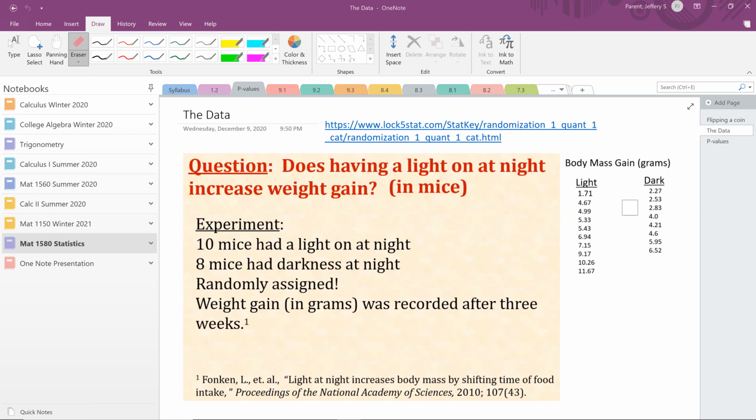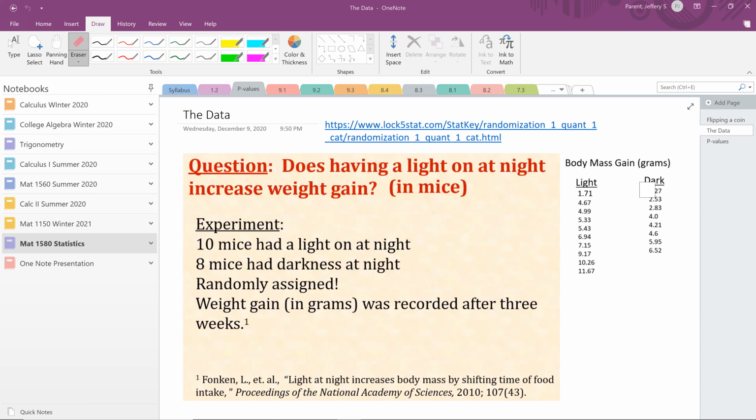The highest point of data in light is 11. So this one really put on a lot of weight. In fact, you got several that put on a lot of weight. And over here, not so much, but you do have one that was lighter. This one only put on 1.71 grams. The lightest one over here was 2.27. So